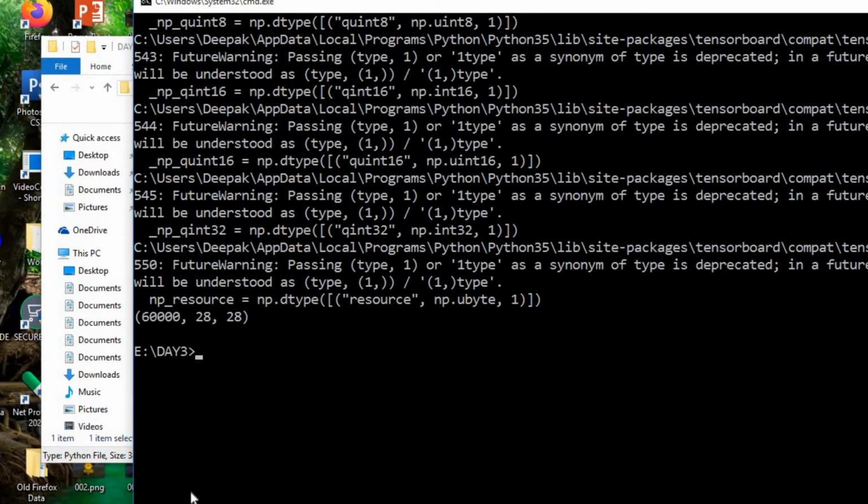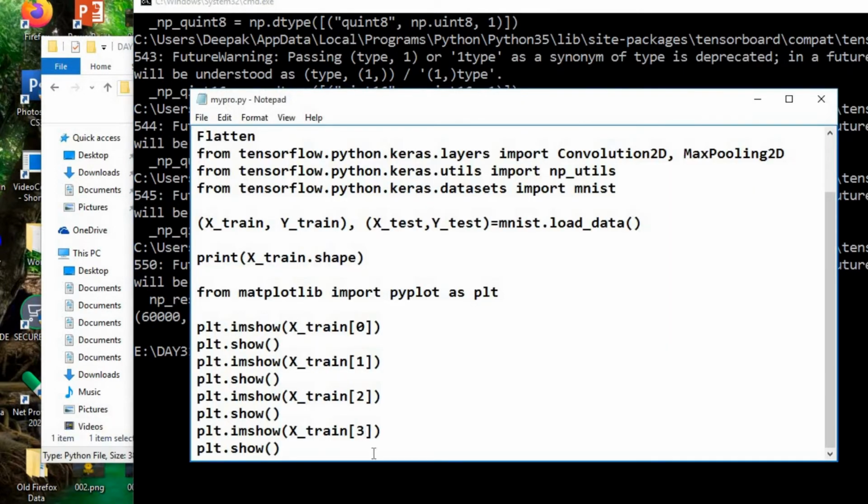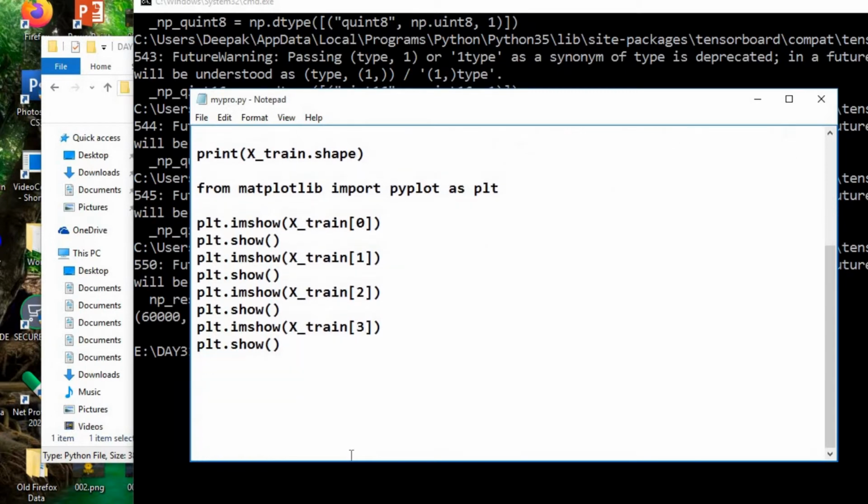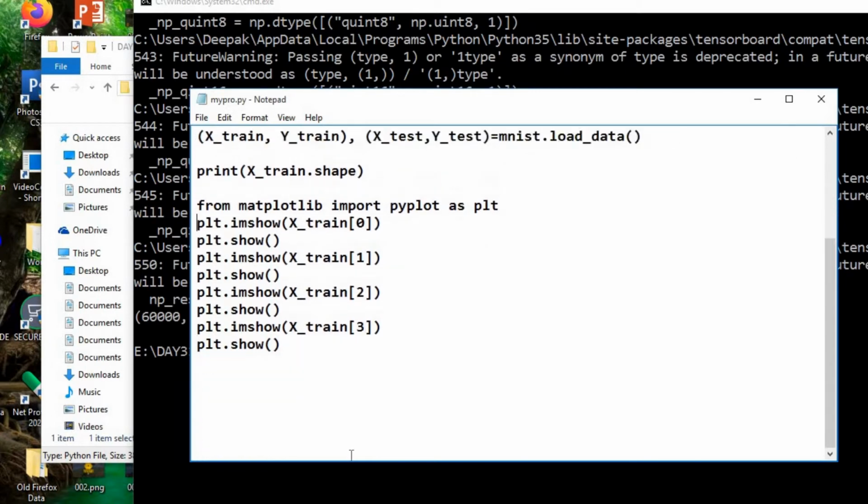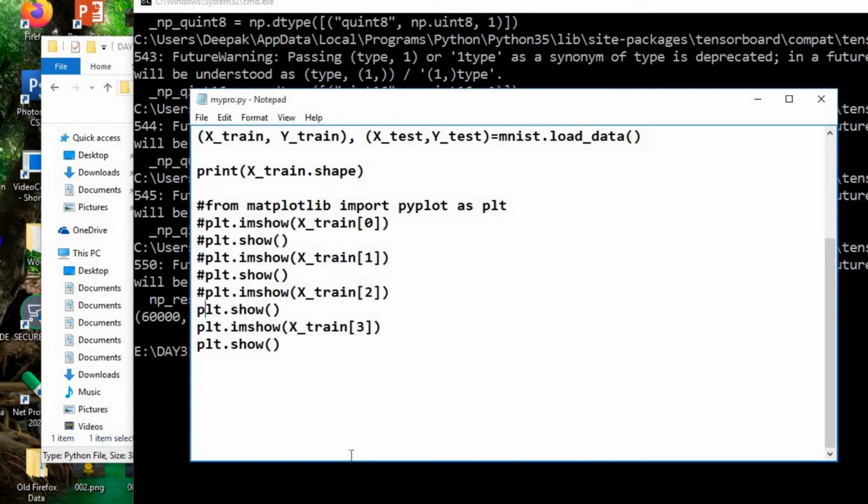We have seen loading the dataset and checking its shape, then showing it in a figure. Now let us comment these out, because we have seen how to show it in a figure window.